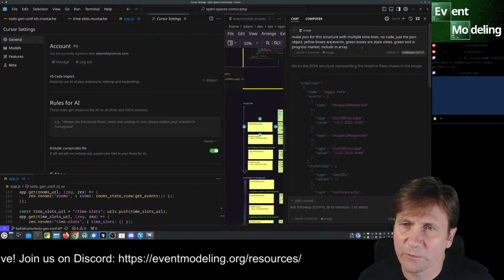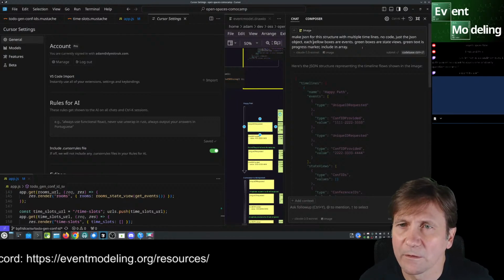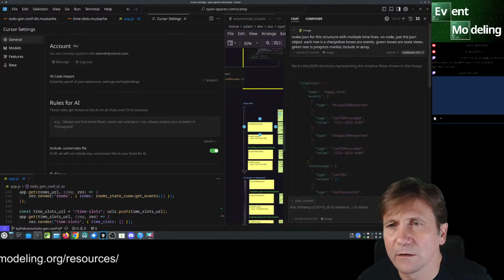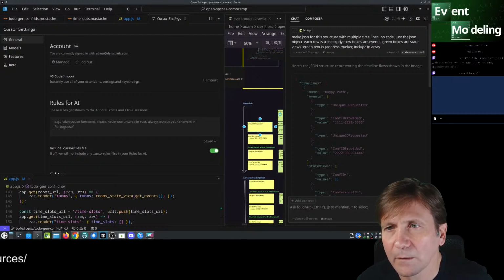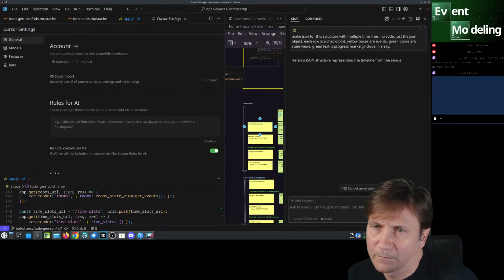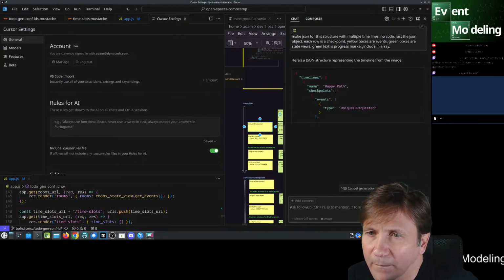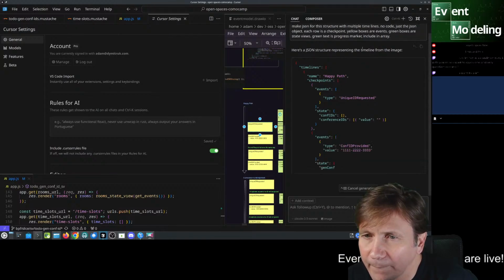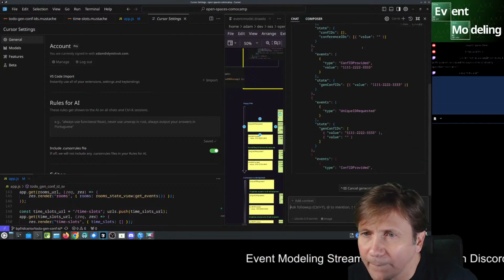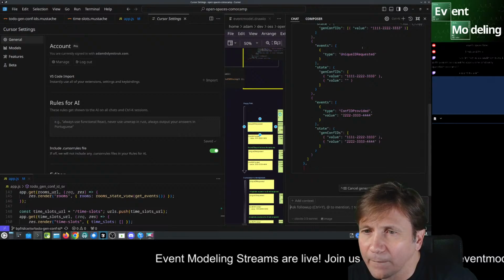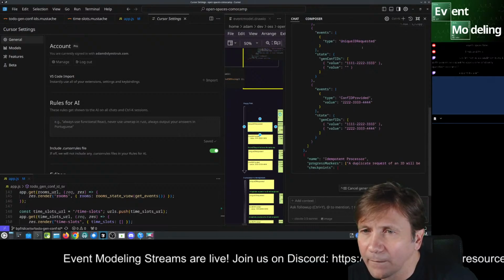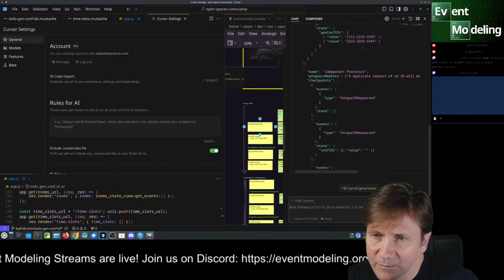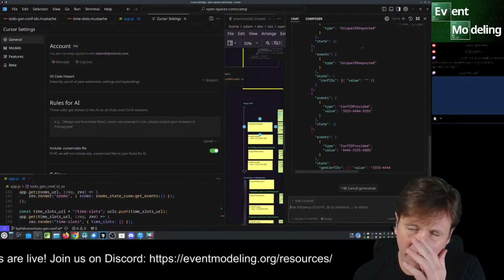Okay, each row is a checkpoint. Okay, it thinks there could be multiple events for checkpoint.